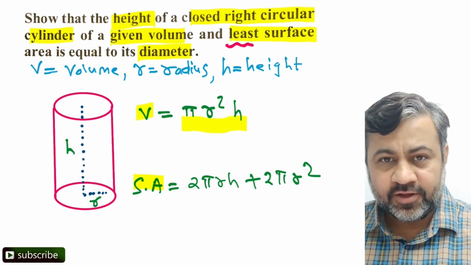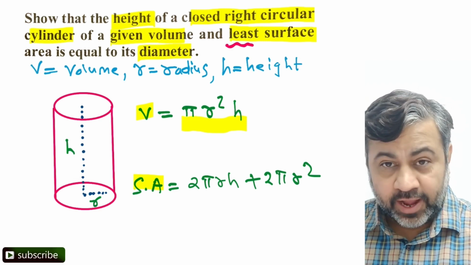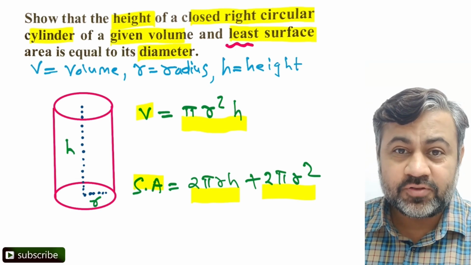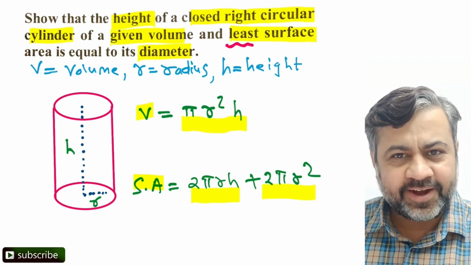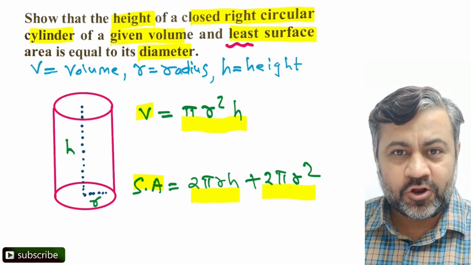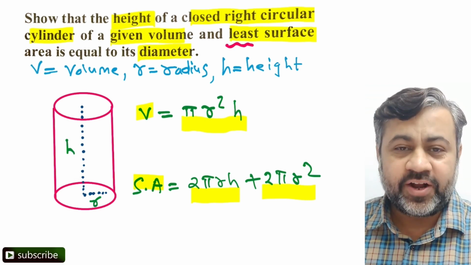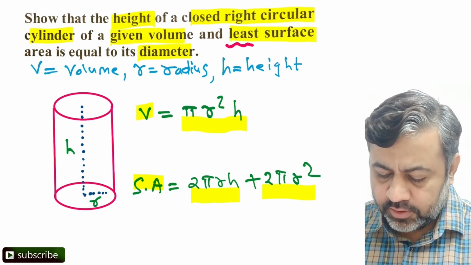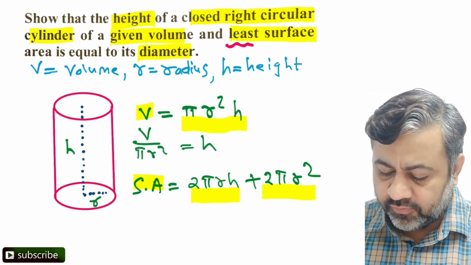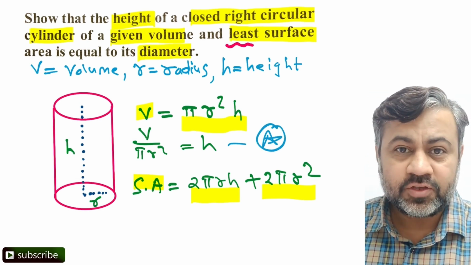And surface area which we want to have the least, means वो minimum होना चाहिए. And what is the formula for surface area? It is 2 pi rh plus 2 pi r square. Now this involves two variables, right? एक radius है, एक height है. So the condition that volume is fixed, volume is constant, will help me to convert everything in terms of radius. So what I am doing here is I am writing volume upon pi r square is equal to h, and this will work as the condition which will help me to convert everything in terms of single variable, that is